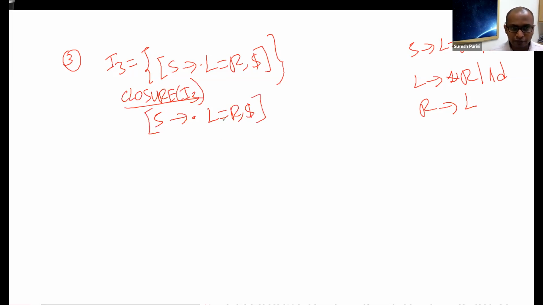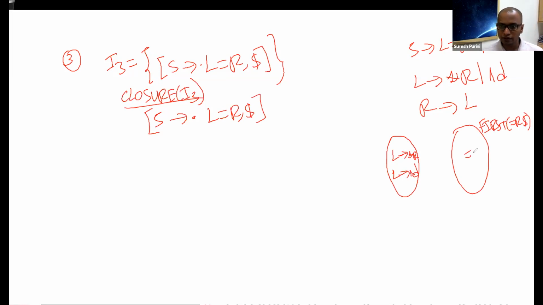And so here beta is equal to R. First of equal to R concatenated with dollar is nothing but equal to. So in terms of the set here, we have L goes to star R, L goes to ID, and then here we have the equal to symbol, which is first of equal to R dollar.